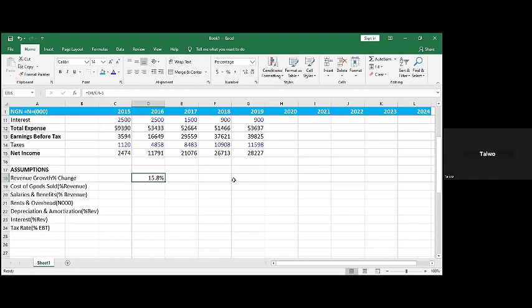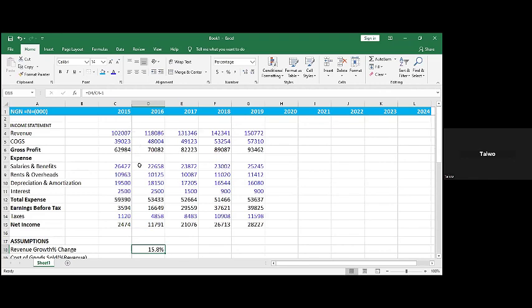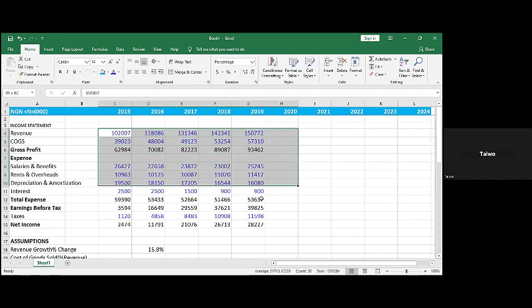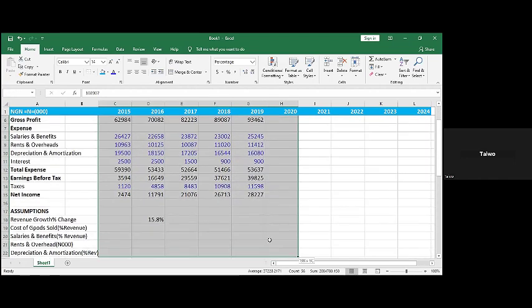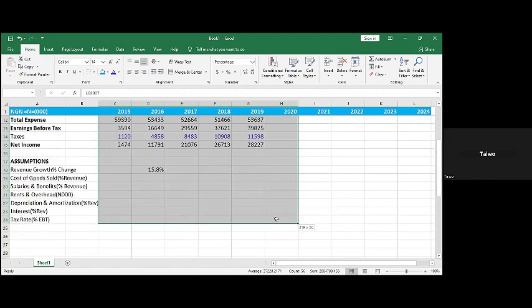This place has been formatted to get 1 decimal place. Okay, we can do the formatting even right away. So if we select this place down up to this place, then you can press